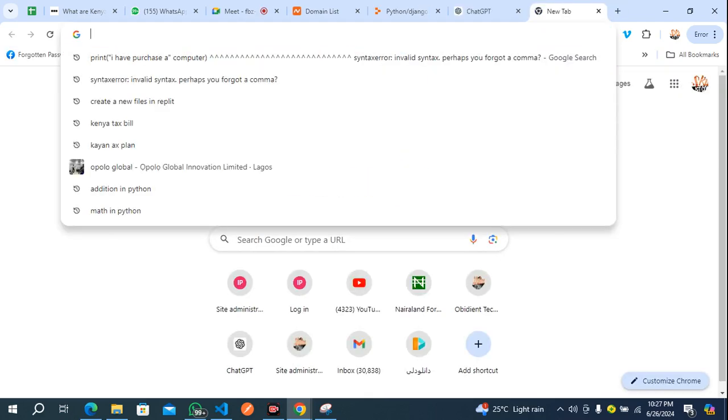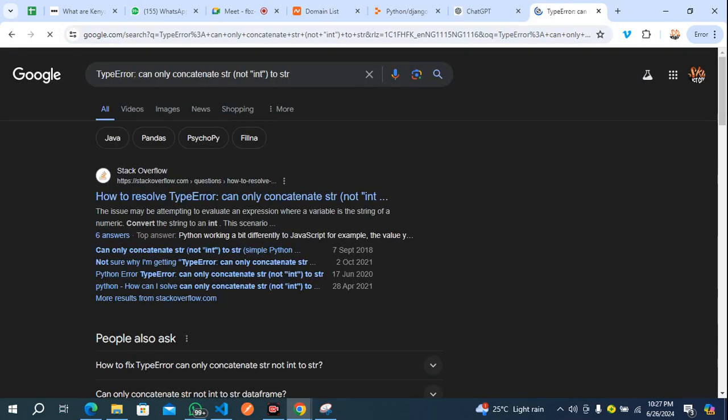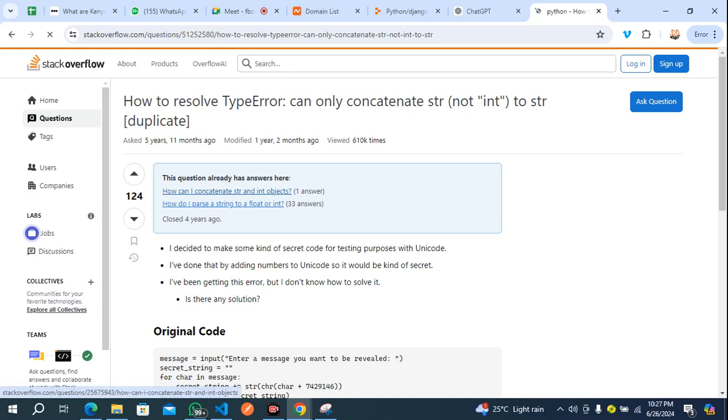But like I told you, you're also going to do debugging. What differentiates a good programmer and the best programmer is the way of solving issues, the ways of looking at things and being able to solve them with other people's experience. Some people will abandon it because they don't know where to go about it. So we are having this issue. Let's assume we don't really know what's happening, and we click on this.